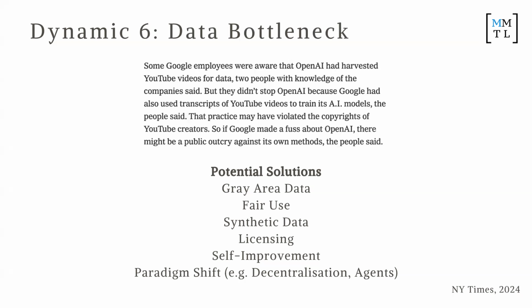Okay, so potential solutions. Gray area data, so data that is maybe illegally obtained, we don't know, but is anyone going to sue Google about it? I don't know, right? Because we're probably going to lose. Fair use is this concept, this legal battle that's happening right now, where OpenAI is trying to use all the books and data it can find, and they're arguing that it's fair use because we're repurposing the data for something else. It's unclear if that's going to go successfully through the courts.